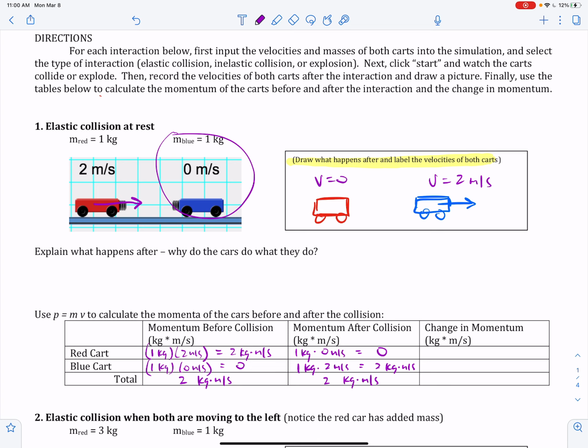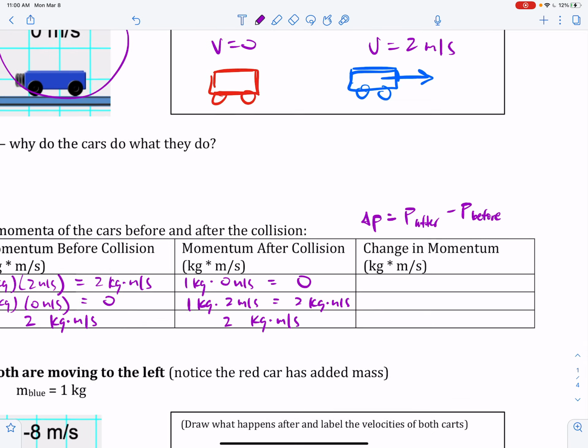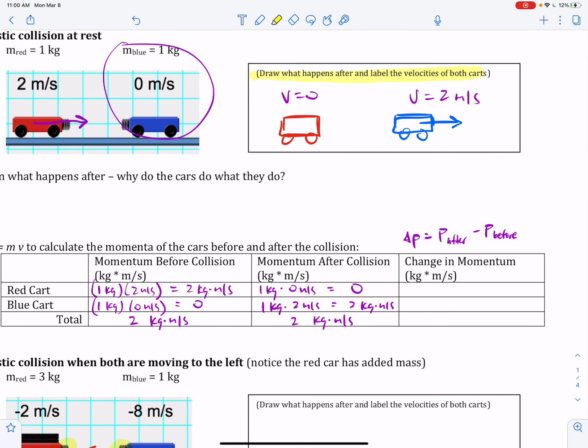Okay. Those are my totals, and now I'm ready for my change in momentum. Okay, change in momentum. So remember, change in momentum is the final momentum, or the momentum after, minus the momentum before the collision. Okay, so for the change in momentum, well, the momentum after here was 0. The momentum before was 2. So this first one is 0 minus 2, which equals negative 2. That means the red car lost 2 units of momentum. Okay? And then for the